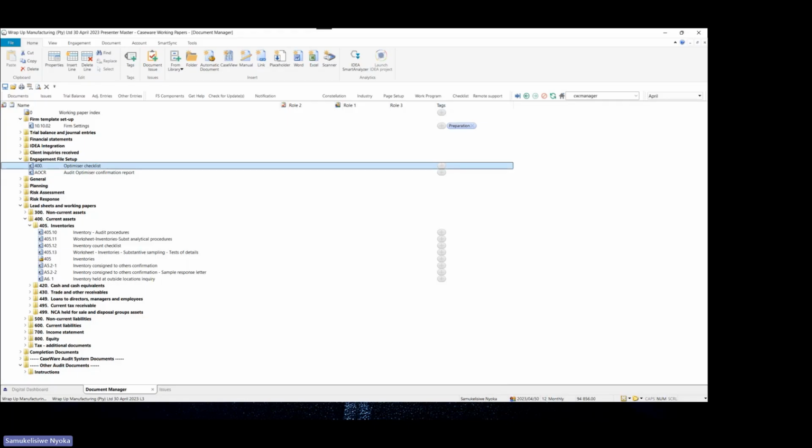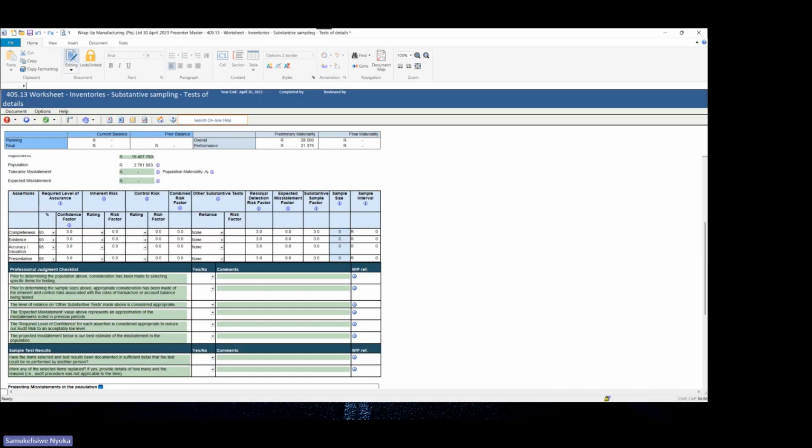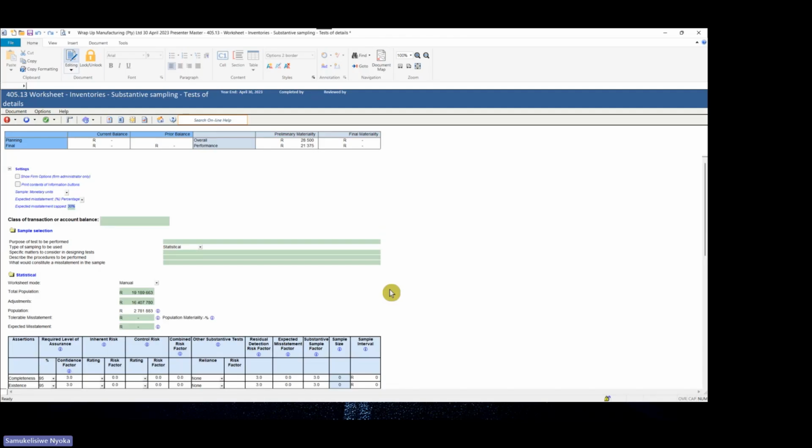I already have this document open, but in your case, I'm just going to give you 1 minute to have the document open on your side as well. Then we can have a look at it and see how the information flows in this document. Just a minute. As you're opening the document,